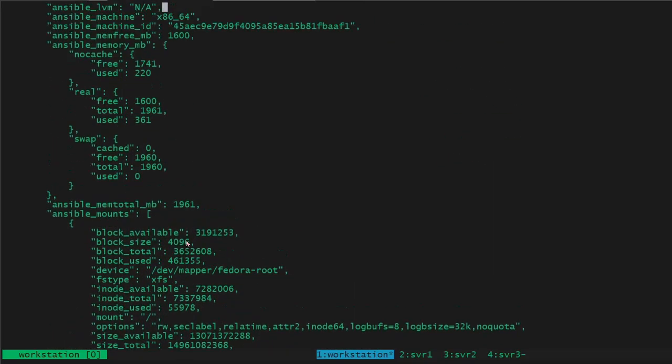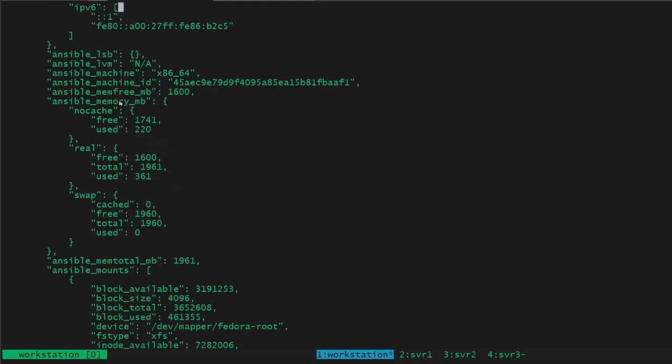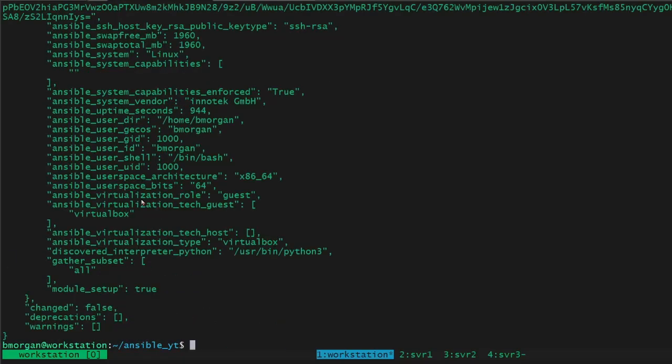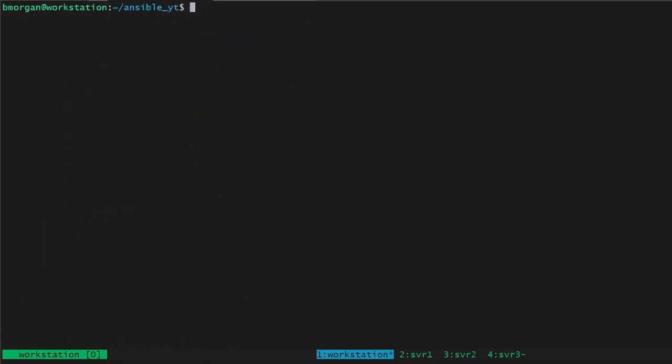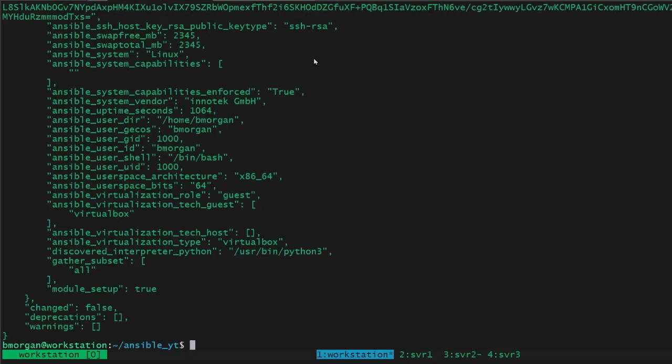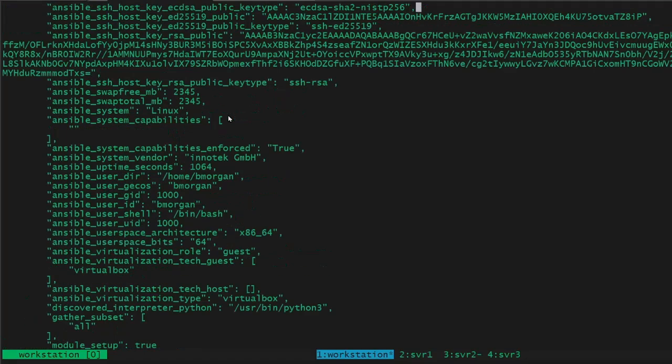And so it pulls everything from how much free memory is on it, to Ansible host directories. Pretty much anything you can think of is being pulled by Ansible off the server as part of its gathering facts step. And that was a whole lot of information, but one thing you can do is use --limit, and then limit it to an IP address for just one of your hosts. And so I'm going to pass it the IP address for server 2. So now all it did was gather facts from server number 2,